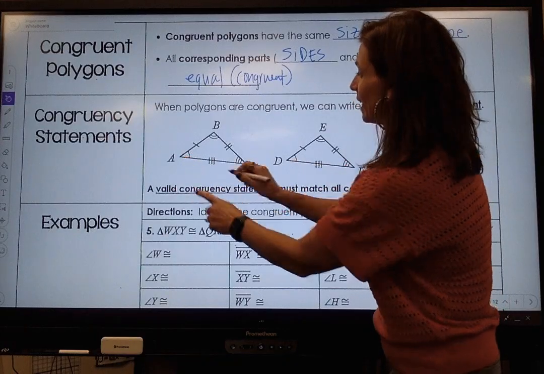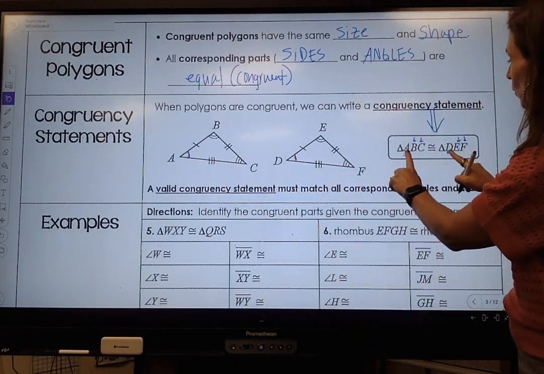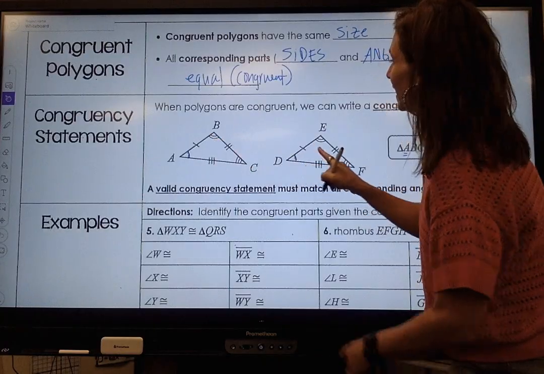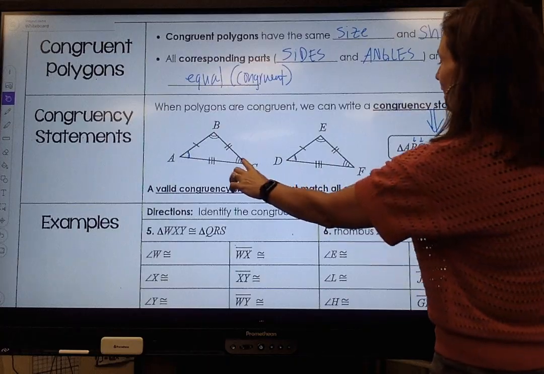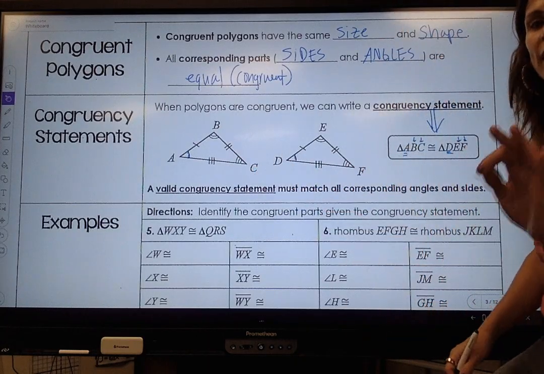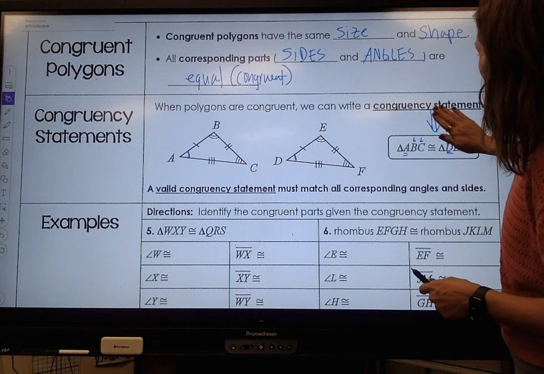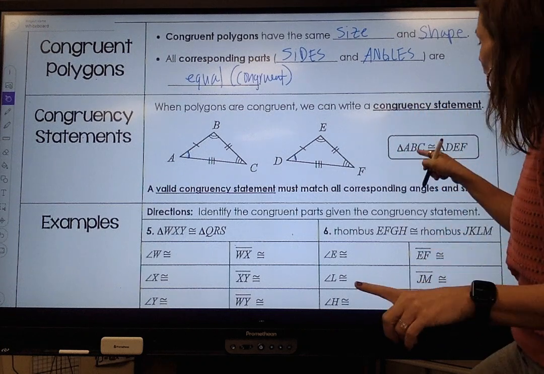Now, this is what my picture would look like. Remember, A and D have one marking, so those are congruent, but look, same order. B and E, congruent, and then the same order. And C and F are in the same order, and these guys are congruent. Not only does this congruency statement tell you about the angles, but if you look at the order,